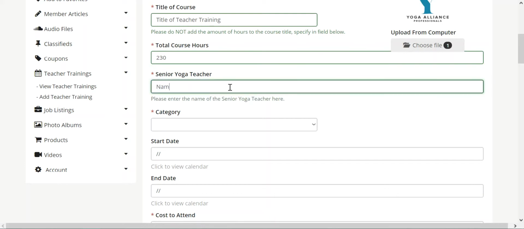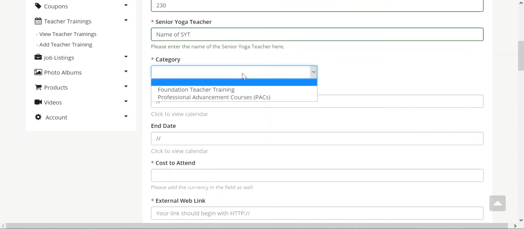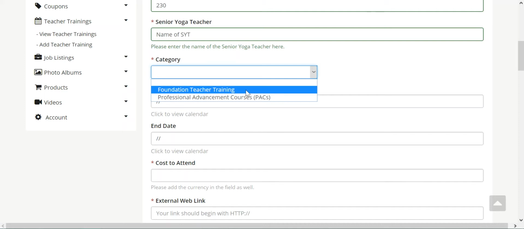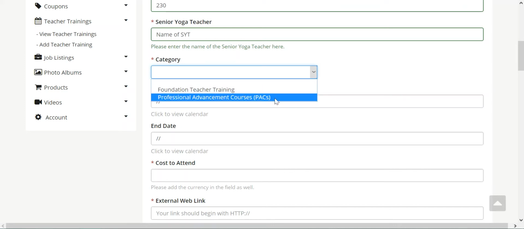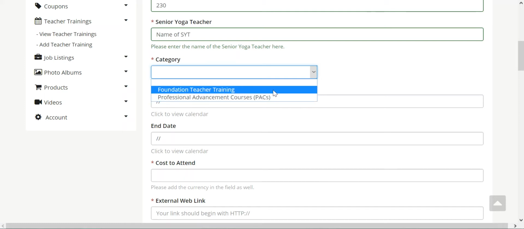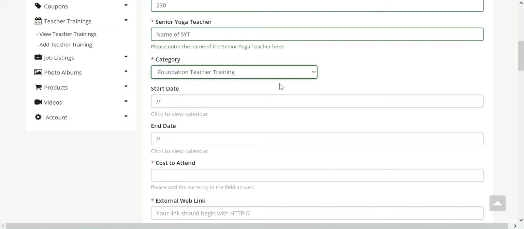The name of the senior yoga teacher goes in here. And then please select the category of your training course. Is it either a foundation teacher training, which is a teacher training course with a minimum of 200 hours, or is it a professional advancement course, which is any kind of further training course once someone has already completed a foundation teacher training, and the minimum amount of hours here is 40 hours. So I'm going to add a foundation teacher training course for